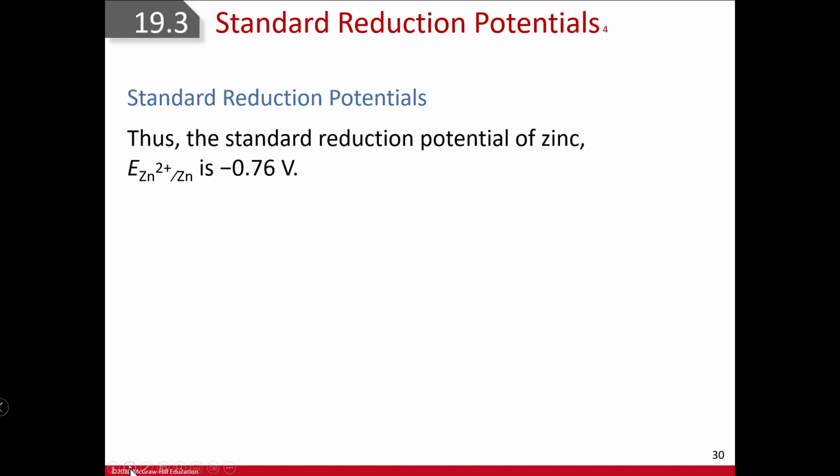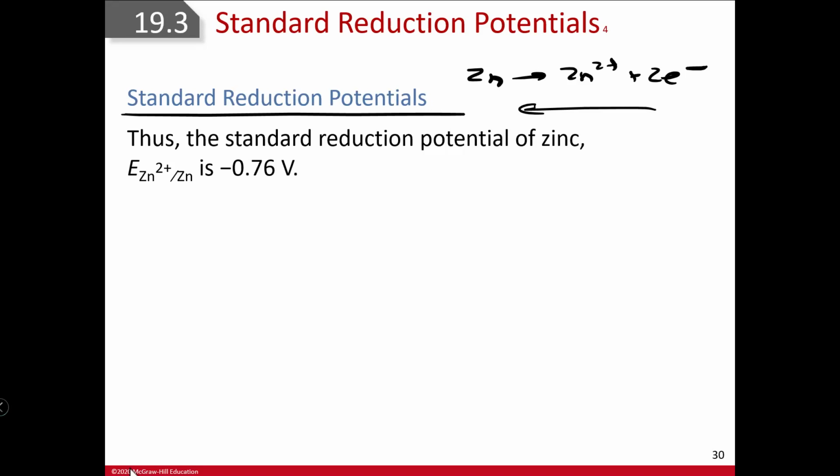Standard reduction potential. So what this is saying is the opposite. In that reaction, really what's going on is zinc is going to be oxidized to zinc 2 positive plus the loss of 2 electrons. But the reduction potential is the reverse. That's what we want to remember, how we had that activity series in